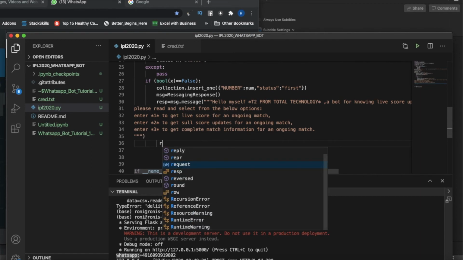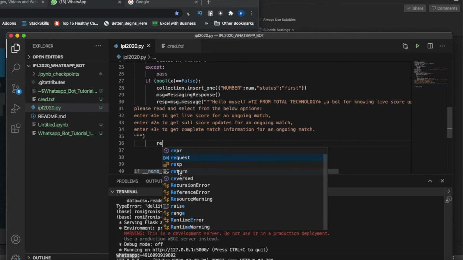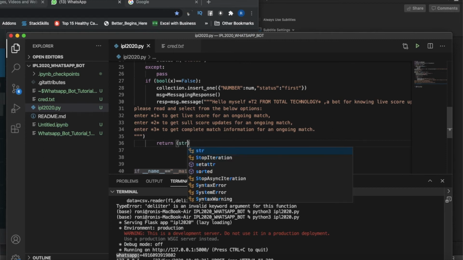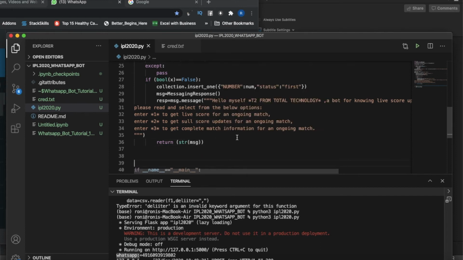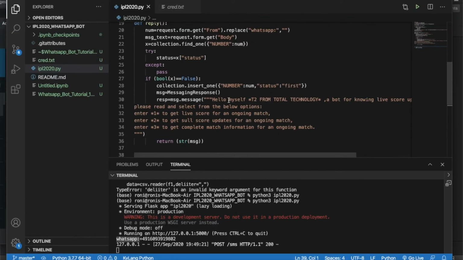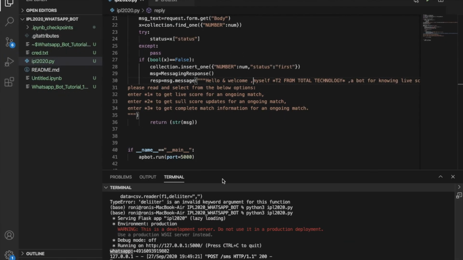So it should be str(msg). That's it. So what will happen now, if there is no entry in the database, it will welcome you, hello and welcome. But if the number is already existing, then it will not get anything. So we'll check this thing now.